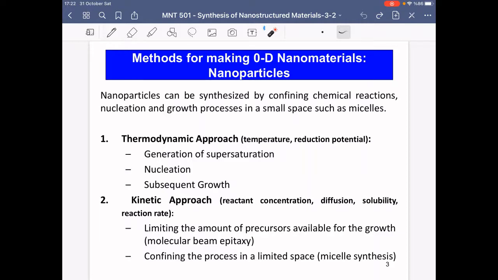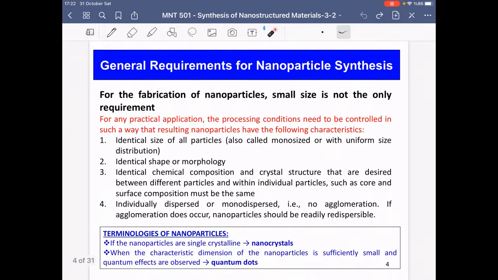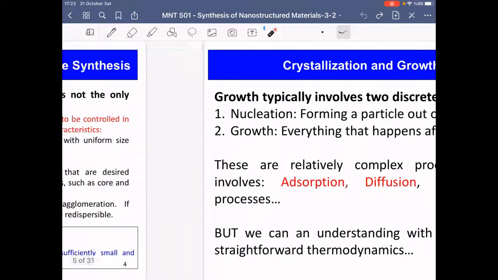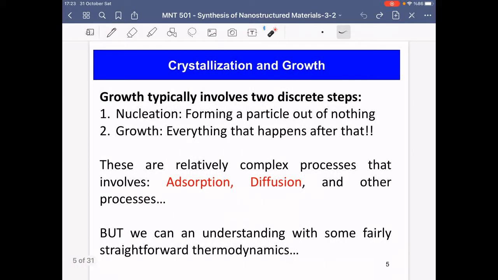Okay, so this is, again, very general and basic information on how we control things. And why do we want to do that? Because we want to not only create nanoparticles, but we want them to be in identical size, identical shape and morphology, identical chemical composition, individually dispersed or monodispersed, no agglomeration of nanoparticles. Okay, so this is important. And for that, we have to have